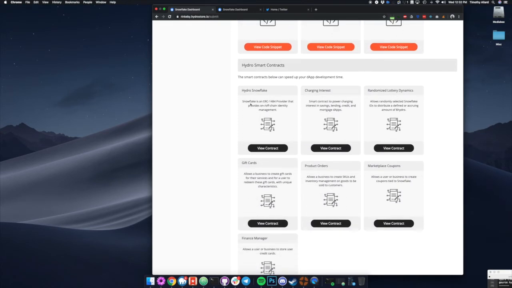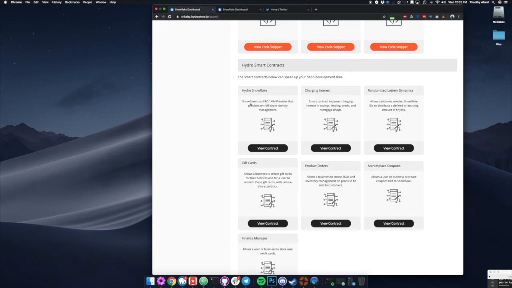Going down the page, we have all the Hydro smart contracts that have been created by our third-party community developers. So we have a big program called the HCDP, which is very important to Hydro. It's essentially what allows the ecosystem and the highway of Hydro to continue to be expanding and built. So the HCDP, the Hydro Community Developer Program, has created a handful of smart contracts that any developer can integrate